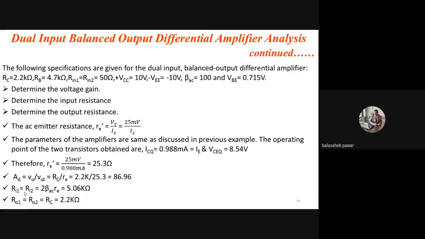Just put the values, and you will get the input impedances as 5.06 kilo ohms. And similarly, the output impedances RO1 and RO2, as mentioned, equal RC, and that will be 2.2 kilo ohms. So that was about completely